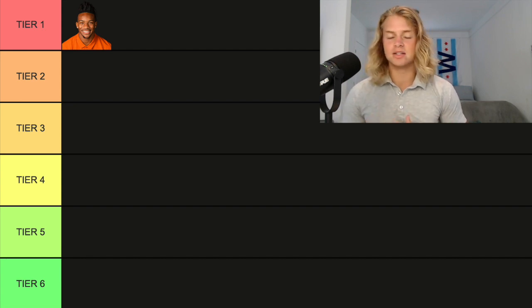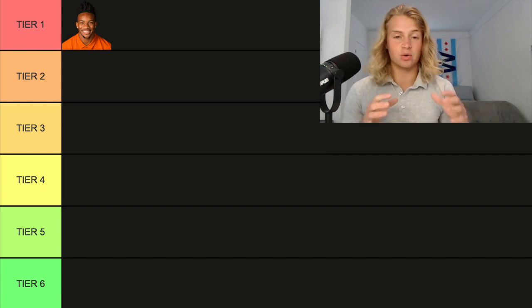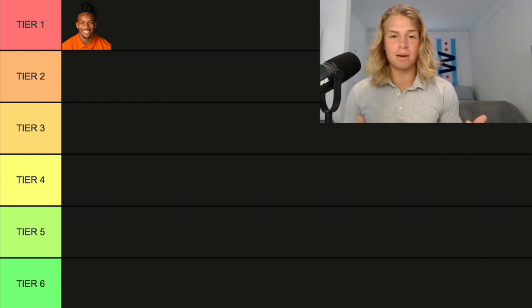Nothing crazy, sticking with the consensus 101. Tier 1, one player, it's going to be Bijan Robinson. He is already viewed as a top 10 Dynasty asset right now on Keep Trade Cut. Right now, he's a toss-up to be a top 10 pick, which would just be crazy at the running back